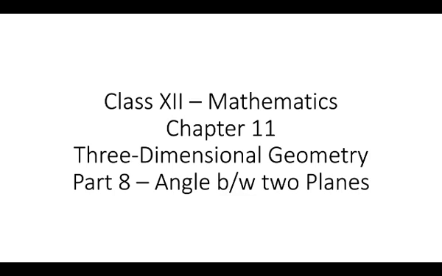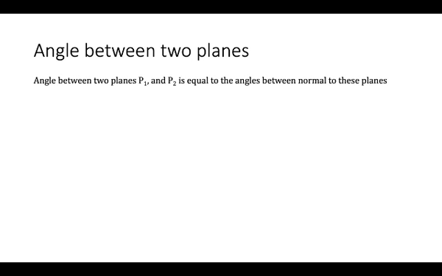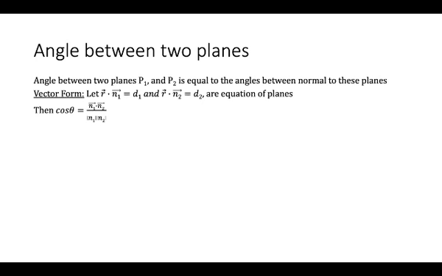Today we discuss angle between two planes. Angle between two planes P1 and P2 is equal to the angle between the normals to these planes. Vector form. Let vector r dot vector n1 equal to d1 and vector r dot vector n2 equal to d2 are equation of planes, then cos theta equal to vector n1 dot vector n2 upon magnitude of vector n1 magnitude of